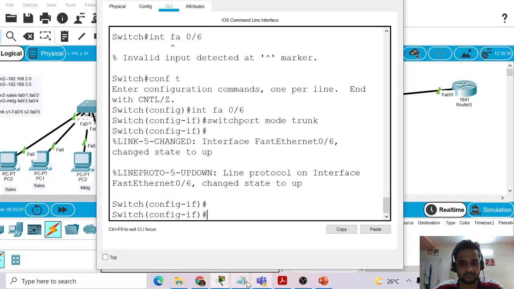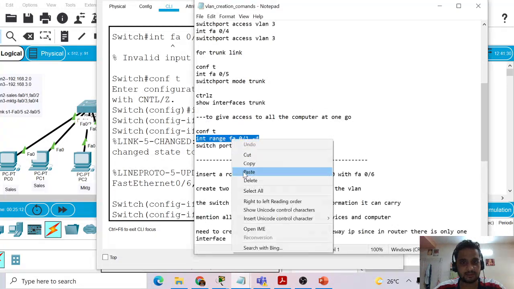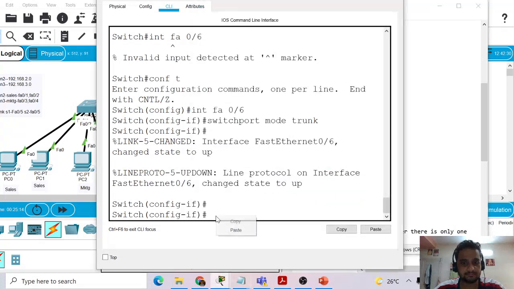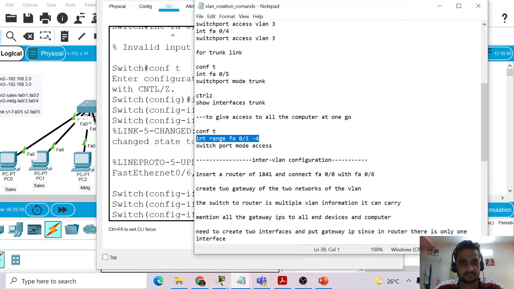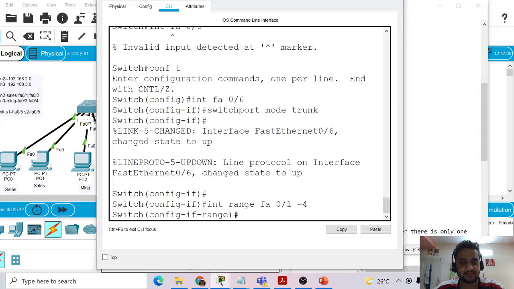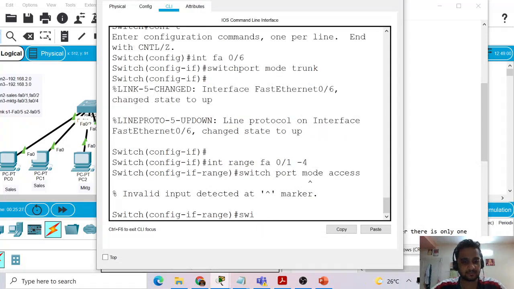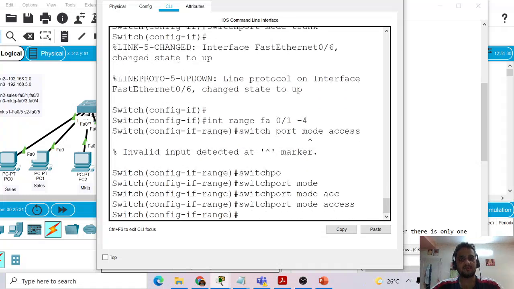So already in configuration mode, I will give the range, and then I will change it to access mode. Otherwise it will be dynamic mode and there might be some issue interacting between the machines. Okay, so I'm done.